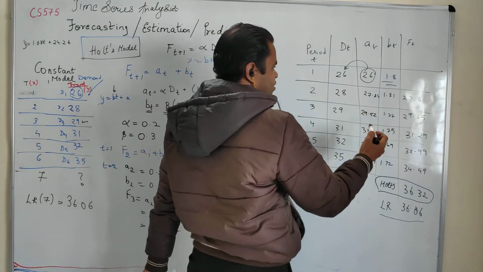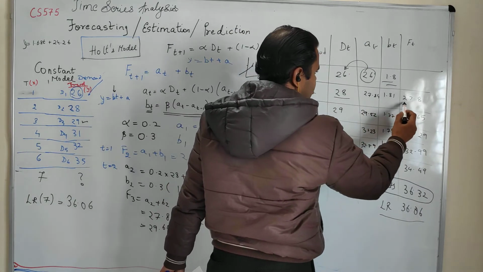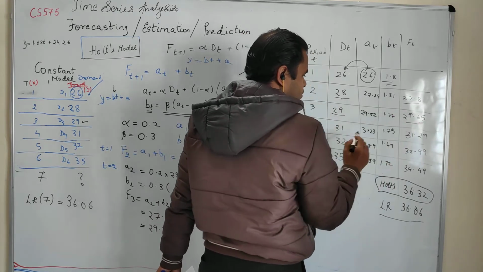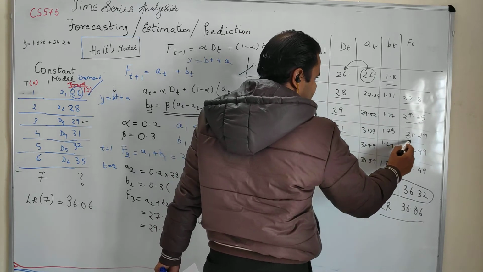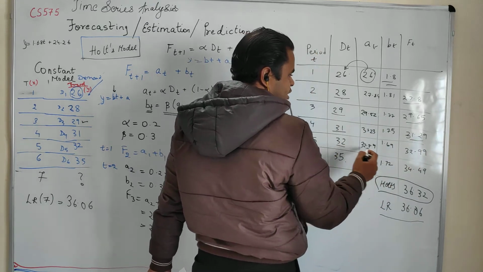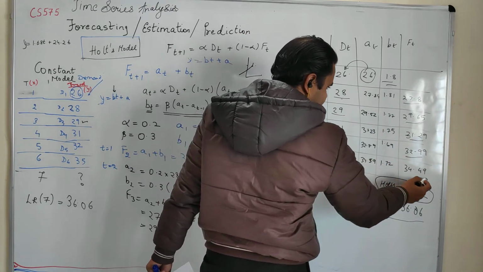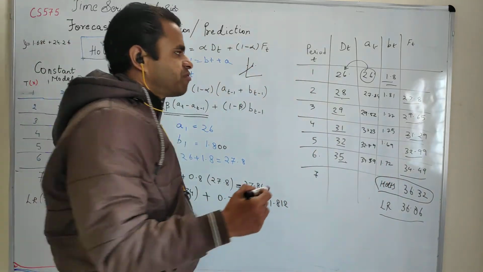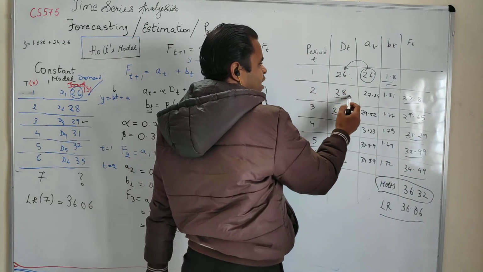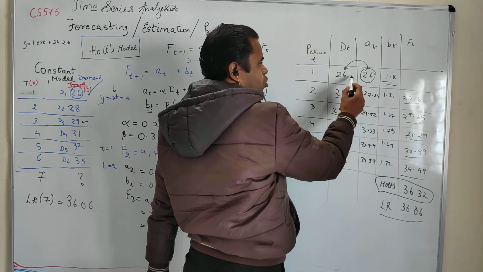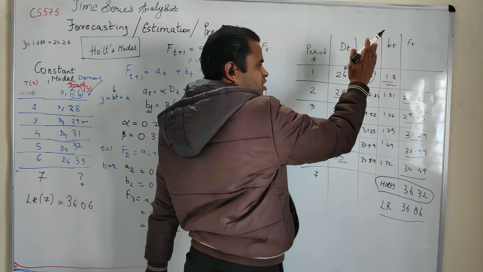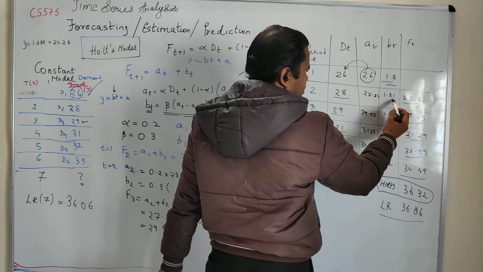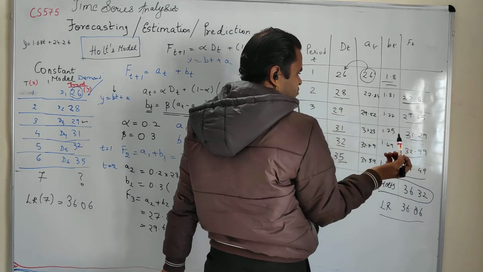Even if you see the slopes, right? If you see that 28 was the actual, Holt's predicted 27.8, which is very close to 28. For 29, it shot up a bit. For 31, it again gave 31.29, which is very close. For 32, it gave 33, and for 35, it reduced. Right? Also, you can see, because the variation is not the same. If you see from 26 to 28, it made a jump of 2. So Holt's model tried to adjust the slope, right? Because you need to jump to a higher value, right? So from the initial value of 1.8, it made it 1.81, and you can see the forecast became this one.